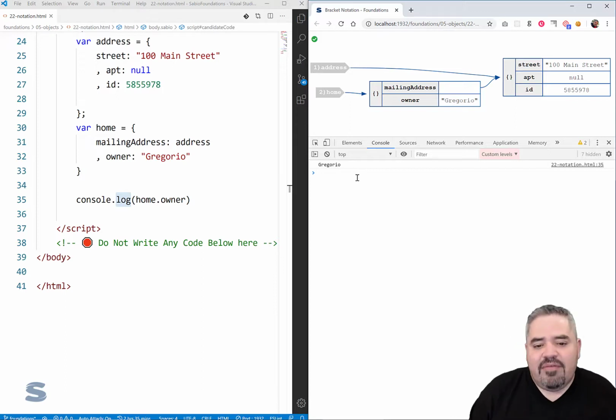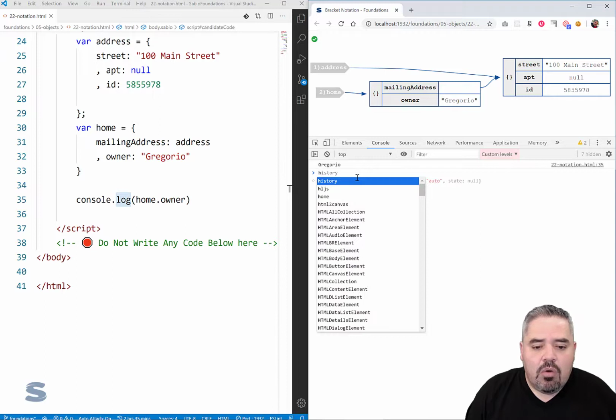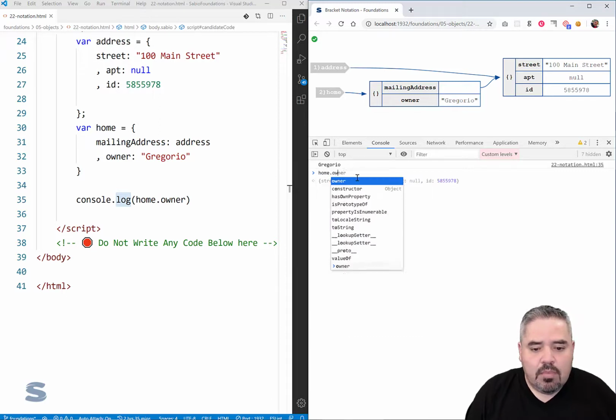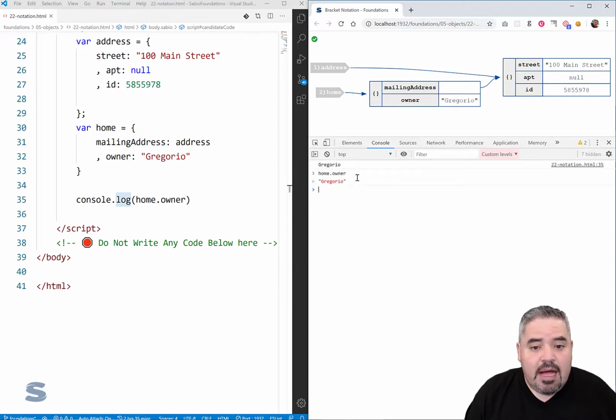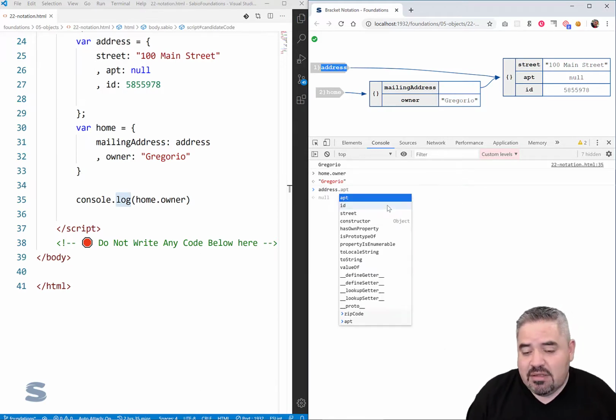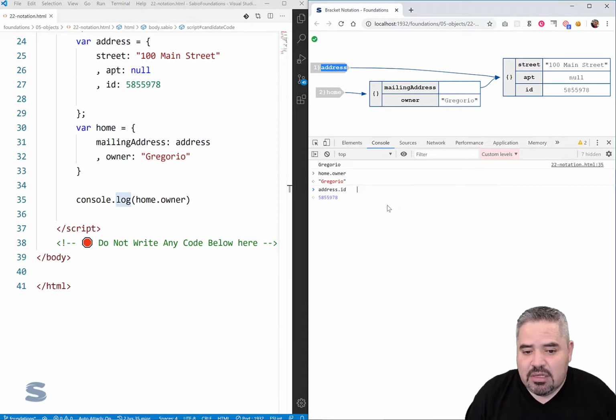Now, live here, I can access using dot notation again. Home dot owner. There's Gregorio. I can directly access the object called address. Here's address, and if I want to see the address dot ID, I use dot notation to get at ID. Okay, and then one more time, address dot street. Good. And I get access to the address.street. Now,